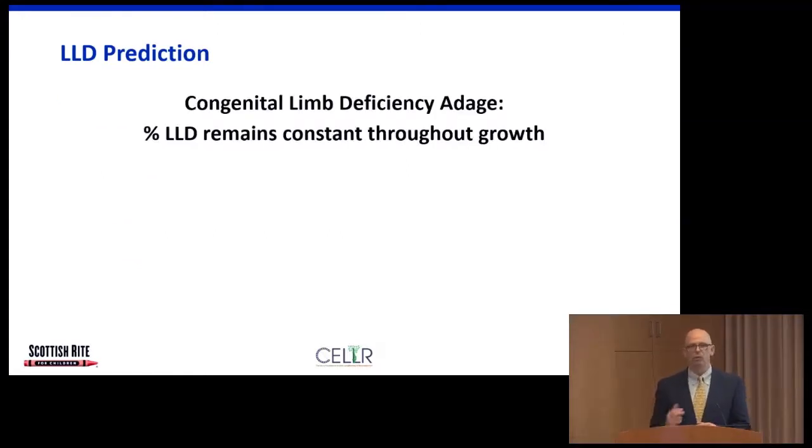This is another important point when you're talking to a family about a congenital deficiency or congenital limb length difference, because this adage makes you think that it's some sort of urban myth or some sort of statement that doesn't necessarily stand the test of time. Well, this really has stood the test of time. The percent of lower extremity or limb length difference remains constant throughout growth. So a child who has a congenital femoral deficiency, a fibular deficiency or a tibial deficiency, that limb length difference, what you see when they're born, from a percentage standpoint, will remain constant until they are done growing,